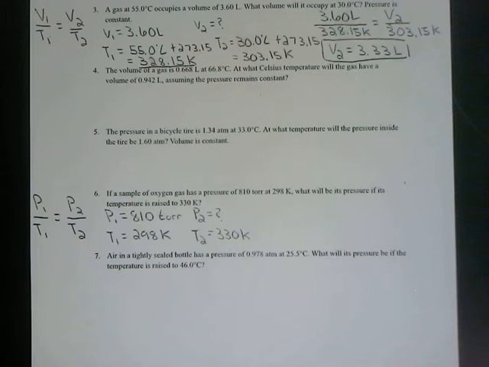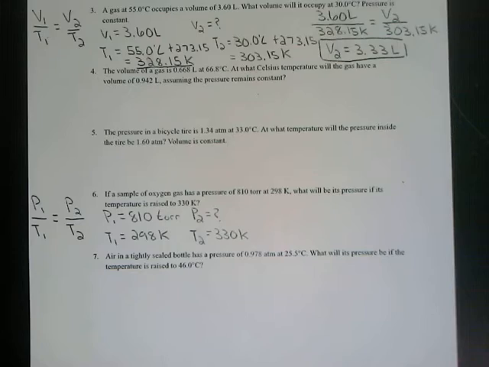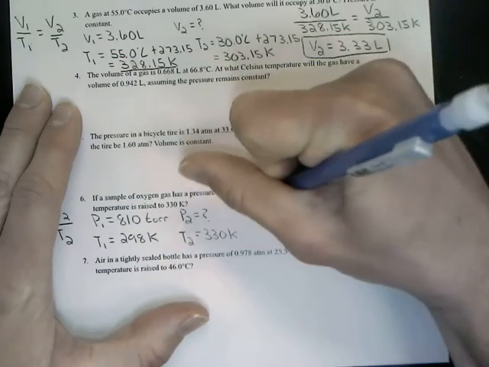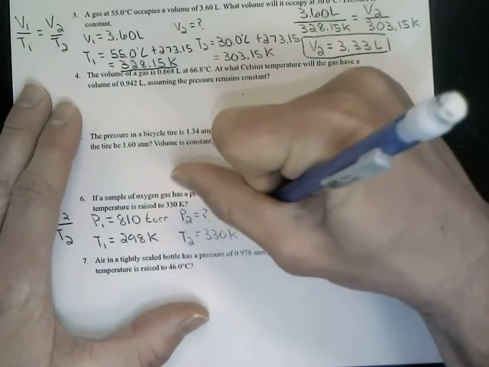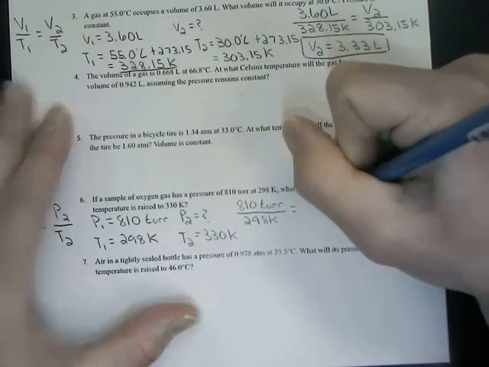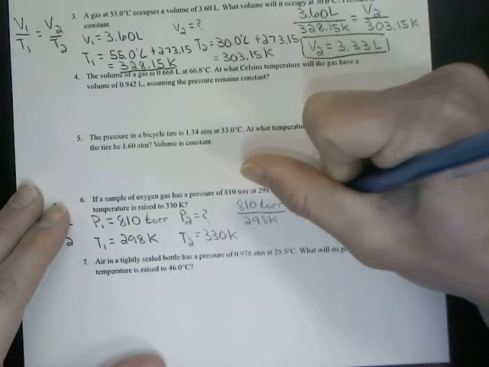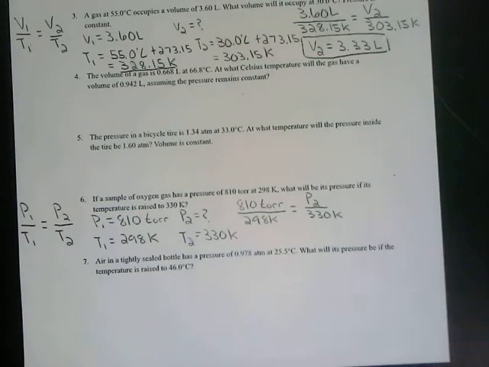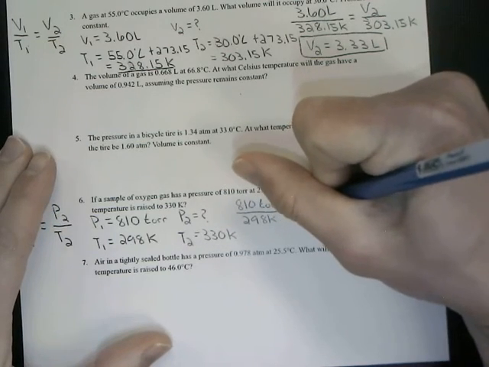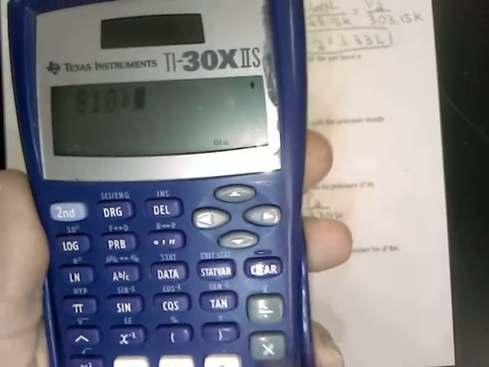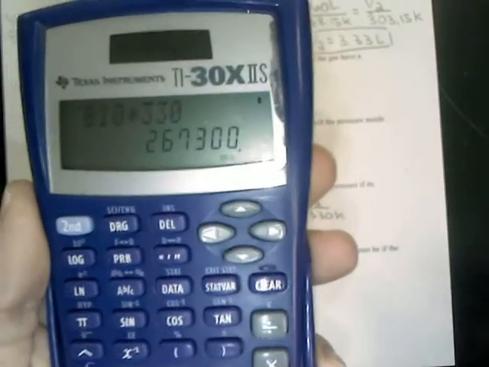Okay, so we have all the players in the game. The temperature is in the right unit. We can plug these values back into our equation. So we're going to have 810 torr divided by our first temperature, which is 298 K, equals our second pressure, P2, divided by 330 Kelvin. This time, I am going to go ahead and cross multiply both sides. So I'm going to take 810 times 330 in my calculator. And I get this value here of